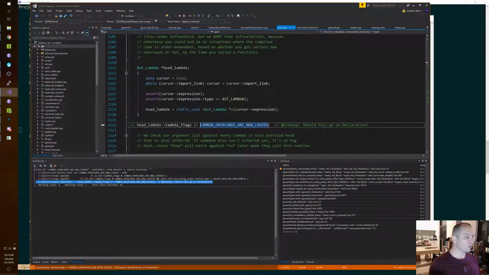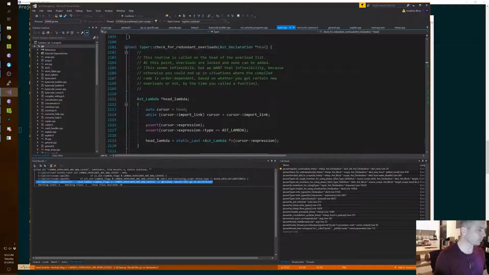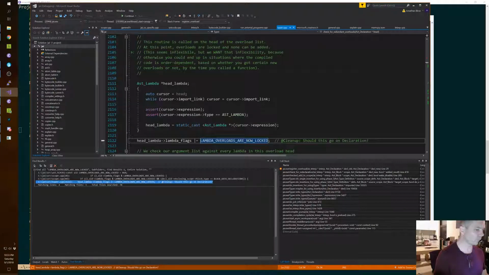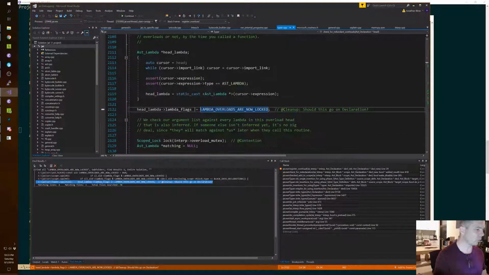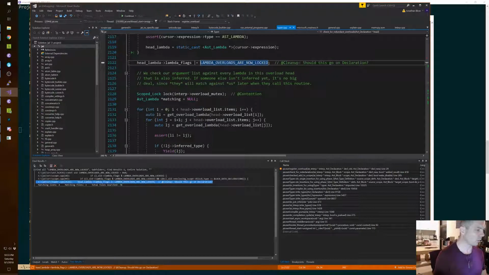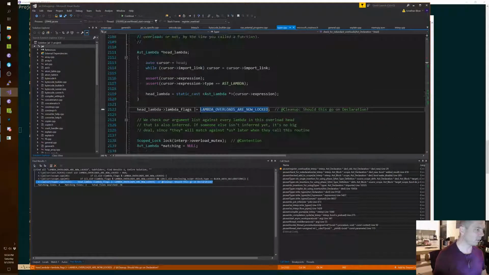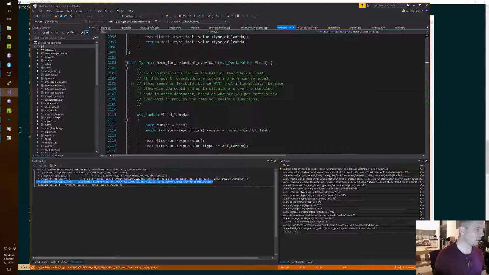Hey, look, cleanup. Should this go on declaration? Yes, it should. Yes, it should. So check for redundant overloads. Happens in type checking, I guess.